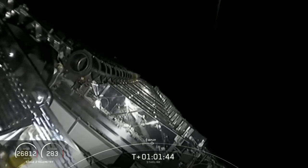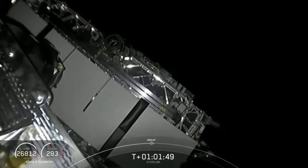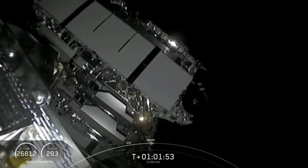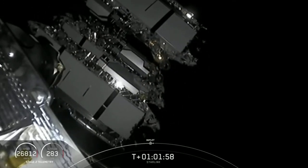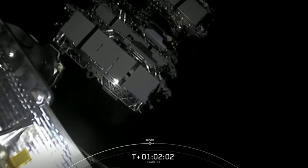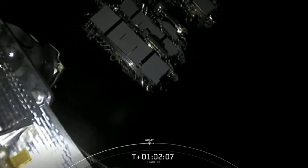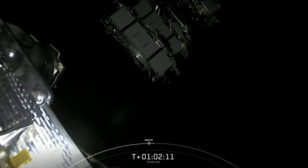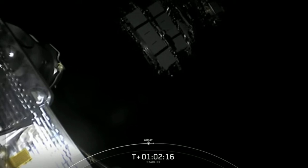So you can see the Starlink satellites gently floating away from the second stage. Now, shortly, once they've had a chance to space out a little bit, they'll deploy their solar arrays, and over the next few days and weeks, they'll start to distance themselves out using their onboard ion thrusters to make their way to their final operational orbits, about 550 kilometers above the Earth's surface. So happy to see them off and on their way to complete their mission. And with that,